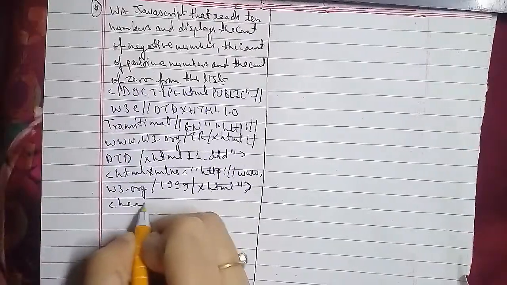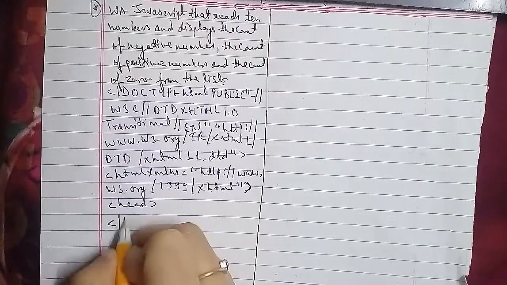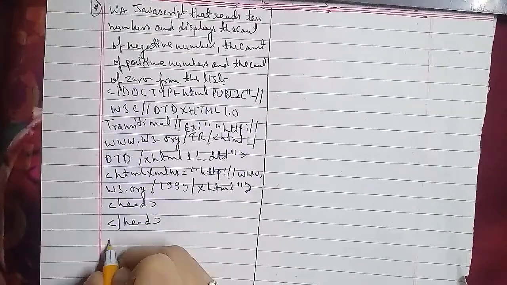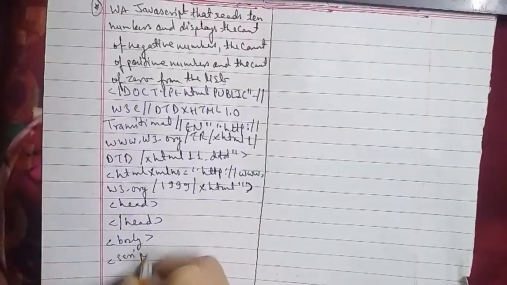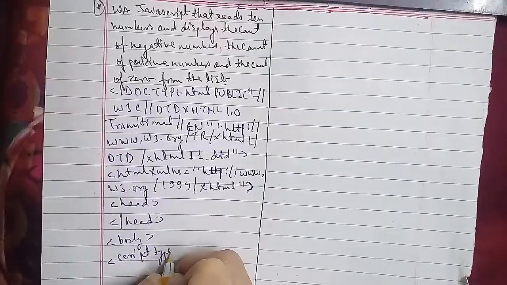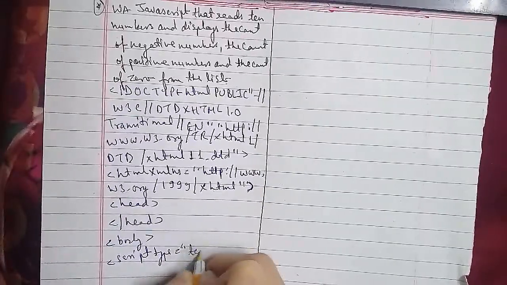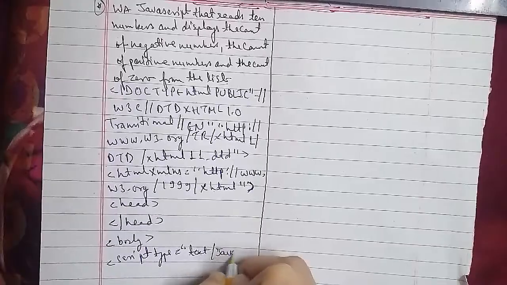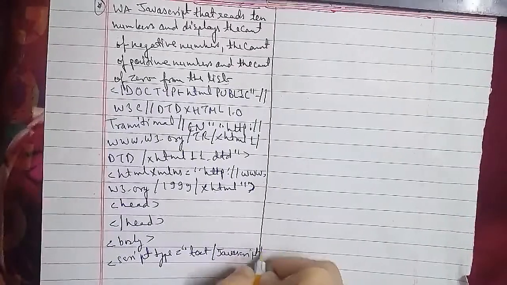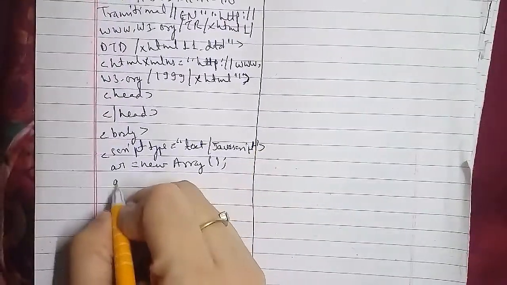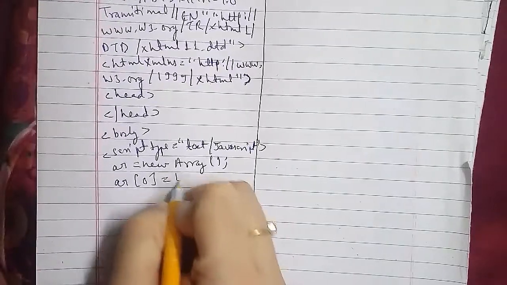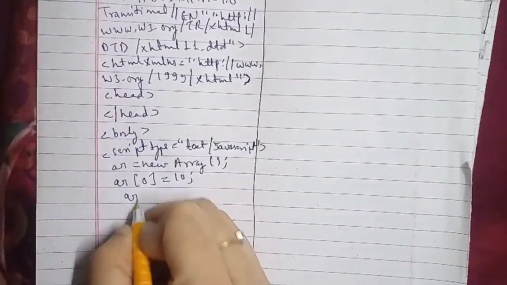then script type equals to "text/javascript". Then r equals to new Array. Then we go ahead with the array: array of 0 is 10, array of 1 equals to 0, array of 2 equals to -9,